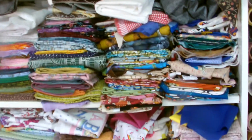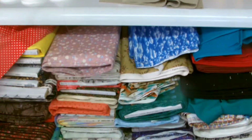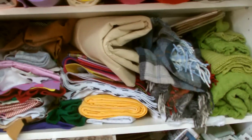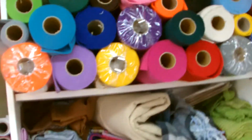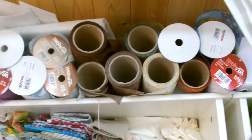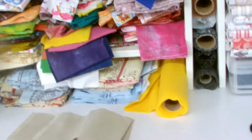More fabric, bales of fabric underneath. There's more fabric on mini bolts. This is all felt and toweling. That's all felt. And at the very top there is all my voiles and organzas, some wadding. More voiles and organzas,